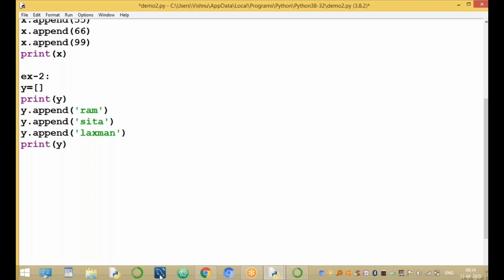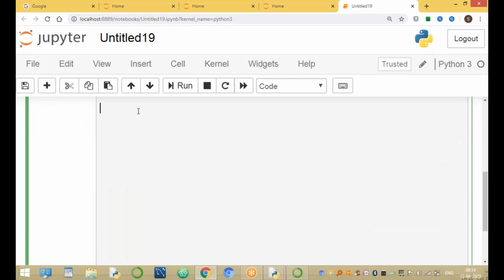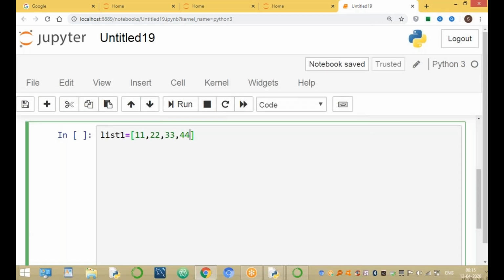Go to any environment and explain these operations. For example, list one equals 11, 22, 33, and 44.